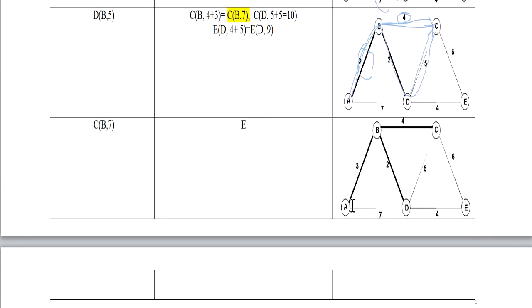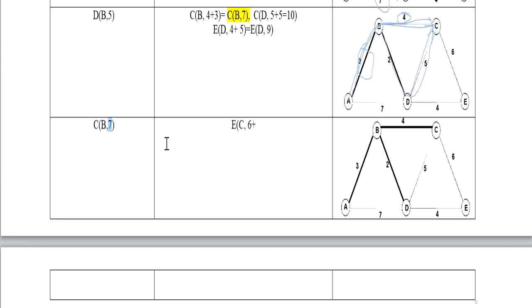Vertex E, can I reach vertex E from A? No, because there is an intermediate node. Can I reach vertex B directly? No, again B is impossible. So yes, I can reach vertex E from C. So I can reach vertex E from C and its weight is 6, plus the intermediate weight to reach C